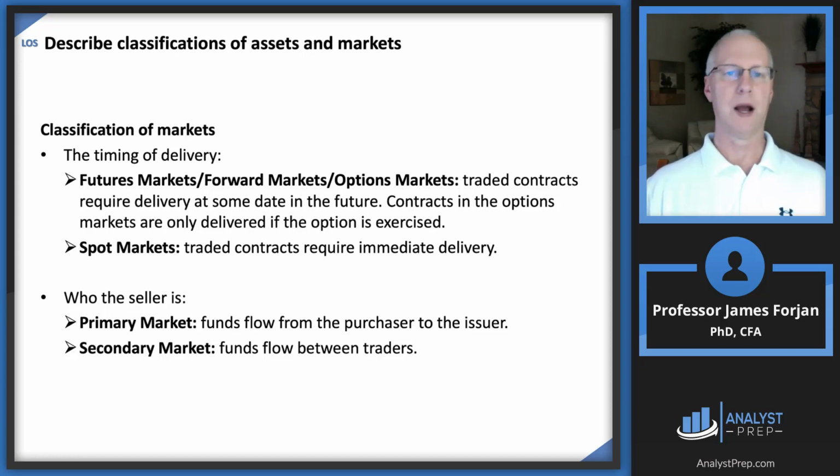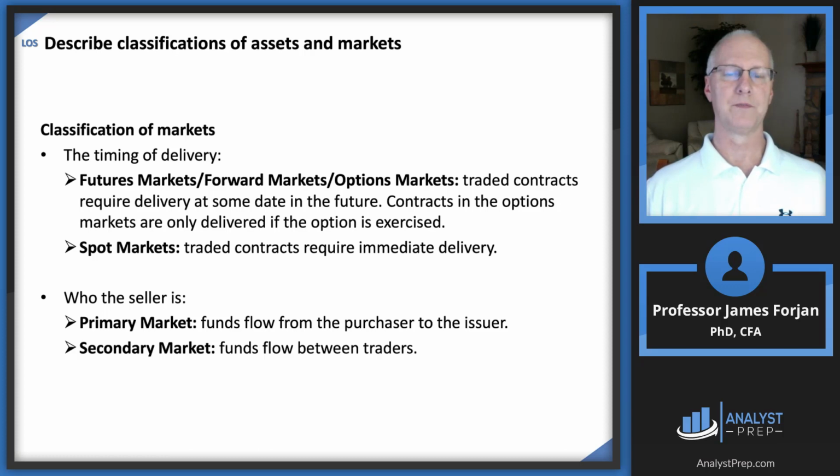But sometimes buyers and sellers don't really want immediate delivery. They want delivery at some time in the future. And so there is a series of markets that allow for delivery at some time in the future. The simplest of all these is a forward market, in which 2 parties agree to trade an asset, like maybe an interest rate on a mortgage loan or maybe a currency. They agree to trade that asset at some time in the future. So essentially, or at least theoretically, there's really no money that changes hands today